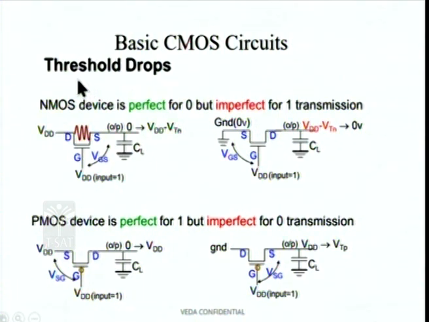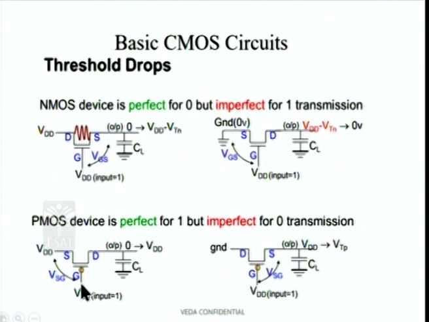Let's move on to the PMOS device. Exactly the opposite is applicable for the PMOS device, which is basically a good transmitter of 1 but a bad transmitter of 0. Exactly the same thing. Here we have a gate, which should be at the input 0, in which case this should be transmitting. It's a copy and paste error, I beg your pardon for this. This should be an input 0, in which case the device is turned on.